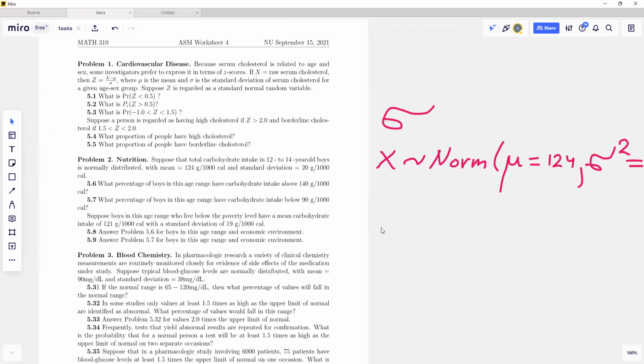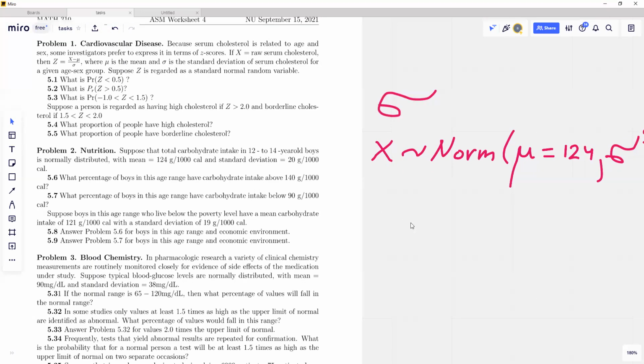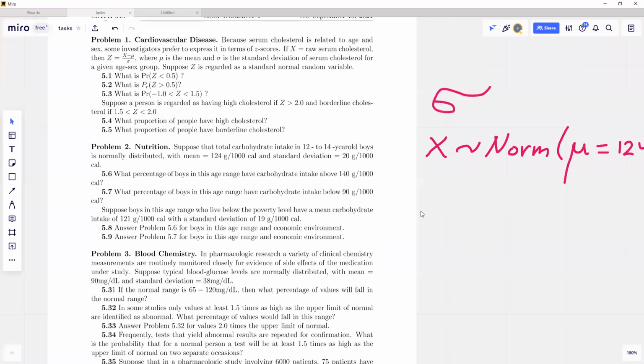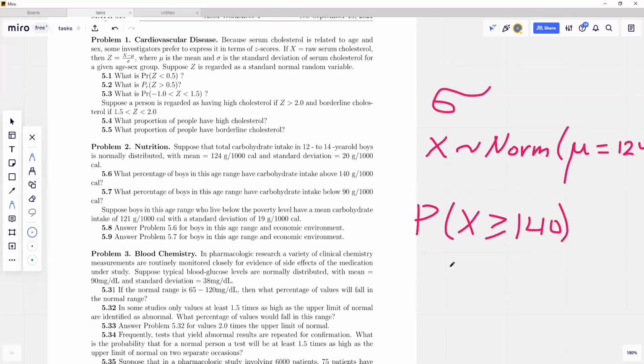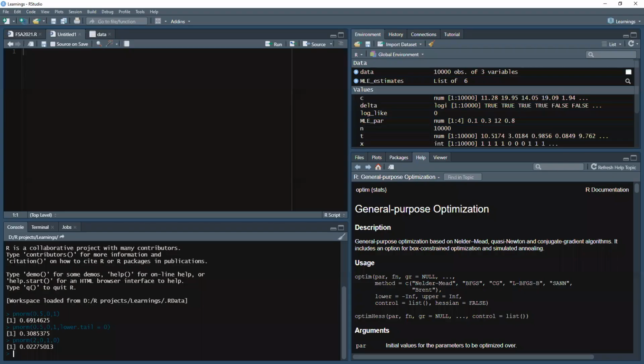All right. What percentage of boys in this age range have carbohydrate intake above 140 grams per 1,000 calories? So we need to find the probability that X is greater than or equal to 140. Okay, now let's calculate that. Let's, for instance, use R. So for the CDF, we need pnorm,